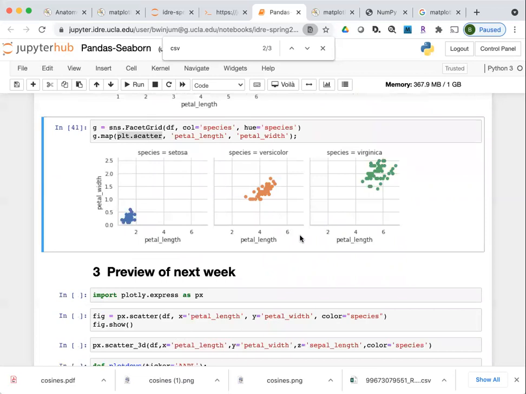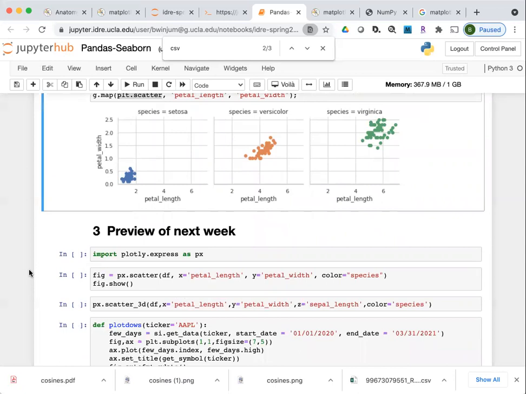So I'm coming to the end here. I've touched on some of the main libraries that you might want to work with. Just as a preview of what we'll be talking about next week, there are some libraries which are very powerful for having interactive features.